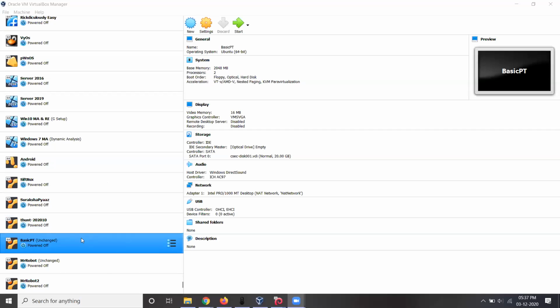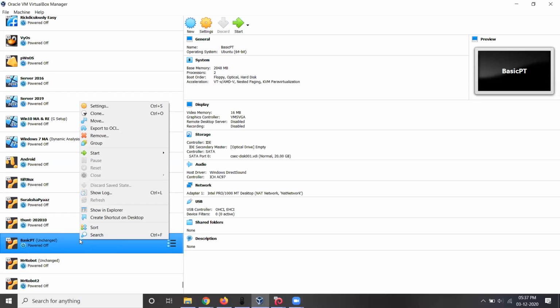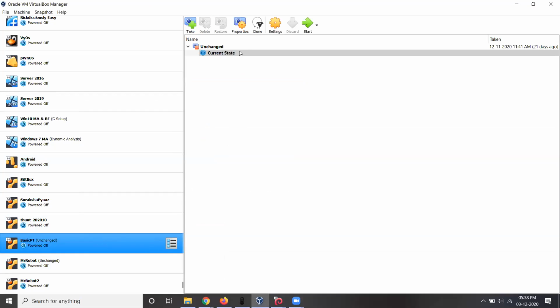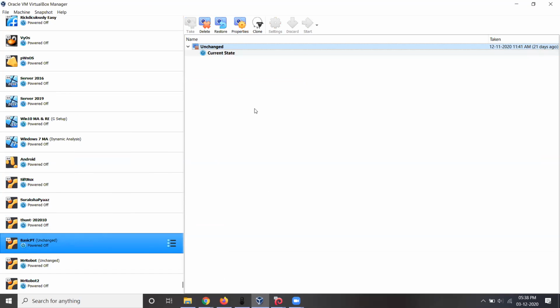So like I have this VM selected, I can right click and simply clone it. The thing with a snapshot is, let's say I have a snapshot for this VM, and a snapshot is simply like restoring the machine to a former state. Now you can clone a particular snapshot and start using that as well, that's up to you. But with just a snapshot you can't use both machines simultaneously.